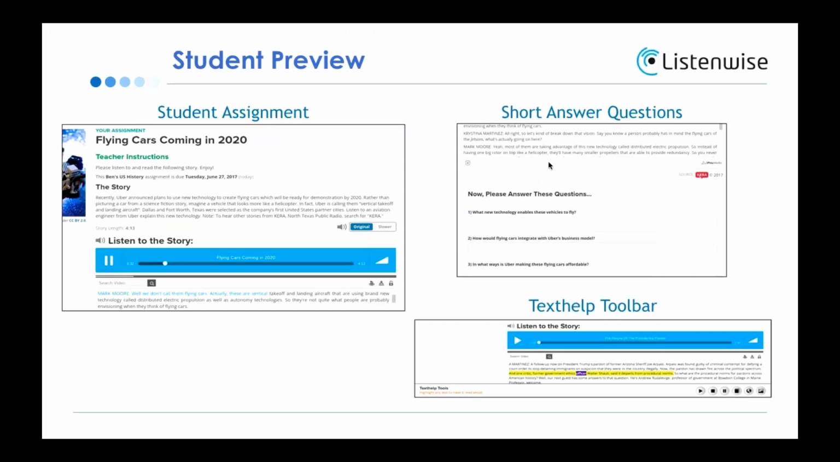And here's just some more student previews of what they look like, including the toolbar down there and the short answer questions. Okay, so in my last couple of minutes here, I do want to talk just about two more topics. And the first one kind of coincides a little bit with each other. And this one actually kind of coincides with